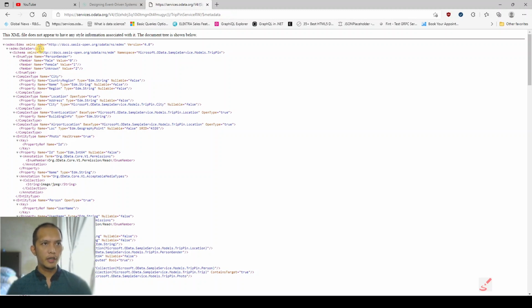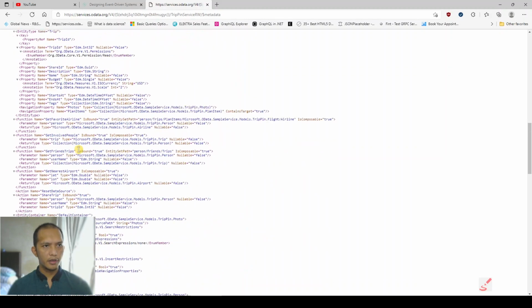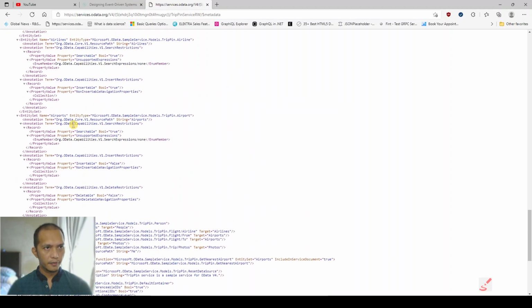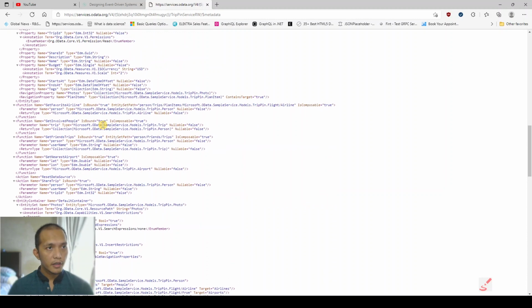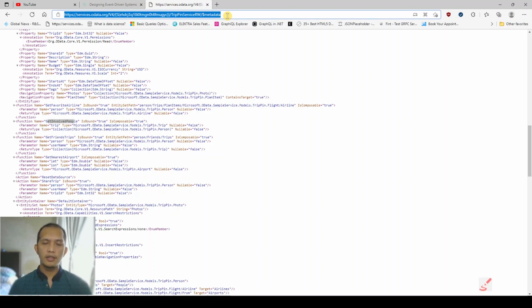And over here you can see that it's a schema, and in this schema you can see the different types: person, city, and if you scroll below, it will also have the functions that will be supported in this service, like for example here, GetFavoriteAirline function, GetInvolvedPeople. So again, this metadata URL is a description of the service, what are the data types available inside, and what are the functions that you can call inside it. Right, so let me copy this